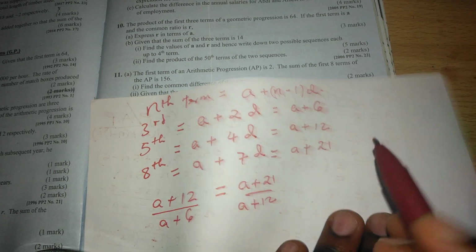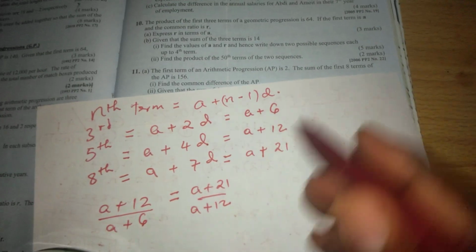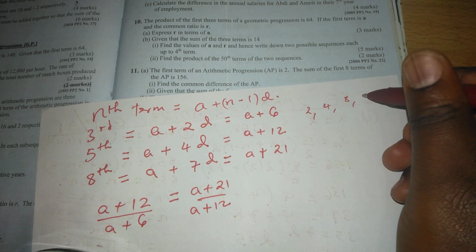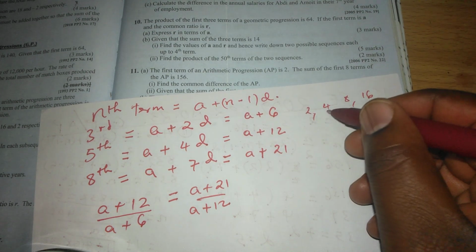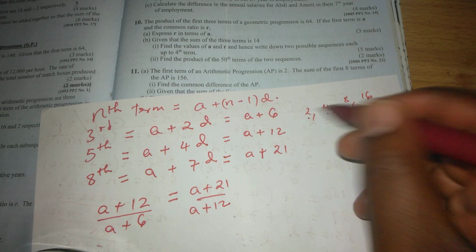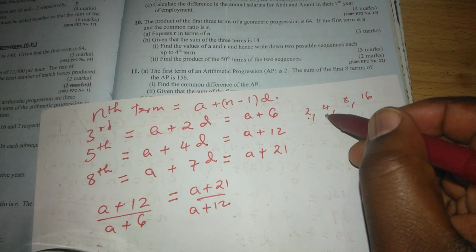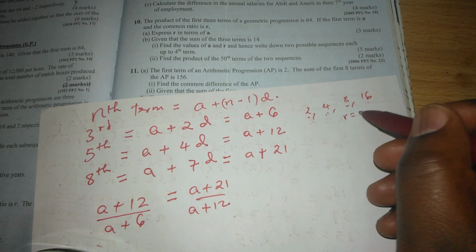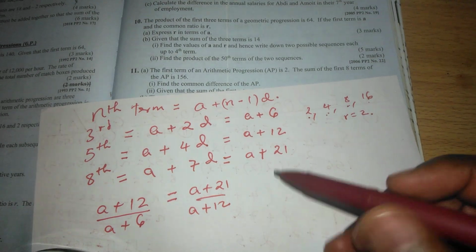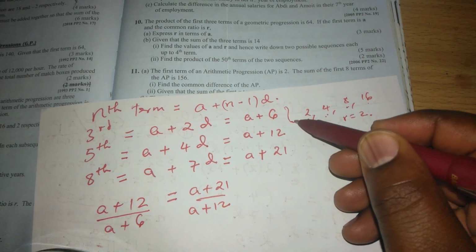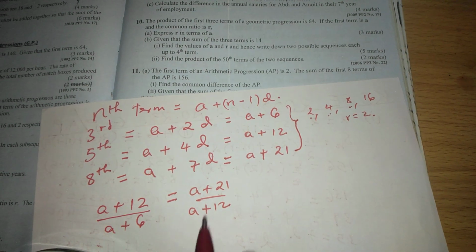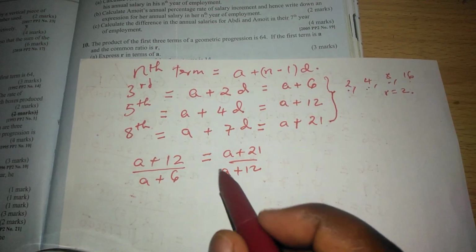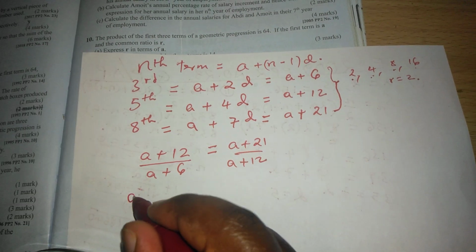For instance, if a geometric progression is 2, 4, 8, 16, it means when we divide 4 by 2, we should get whatever we get after dividing 8 by 4, and when we divide 16 by 8, and the common ratio for this case is 2. So it means there is a common ratio because we've been told that these three terms form the first three terms of a GP. So now we can cross multiply here,